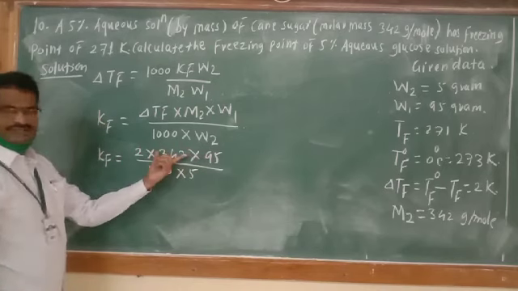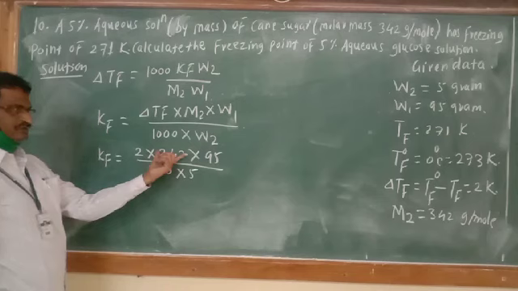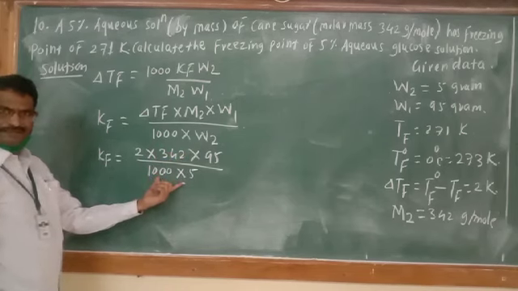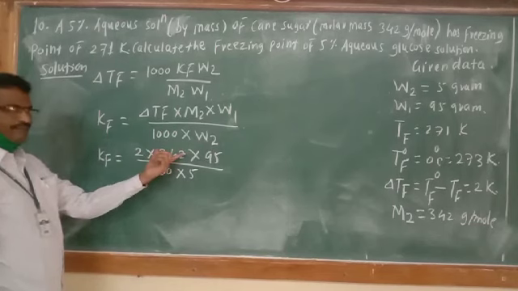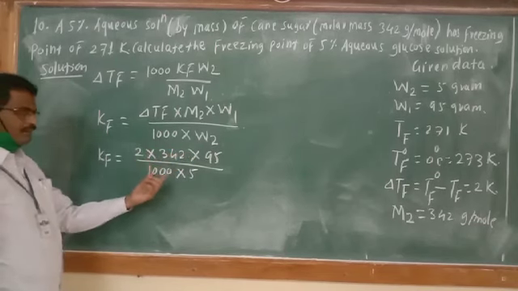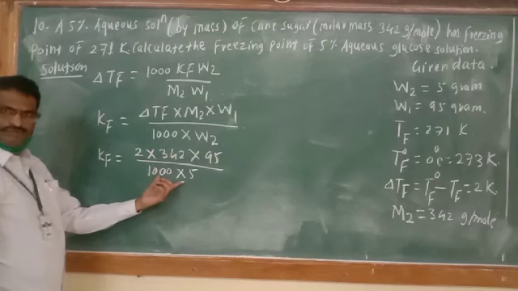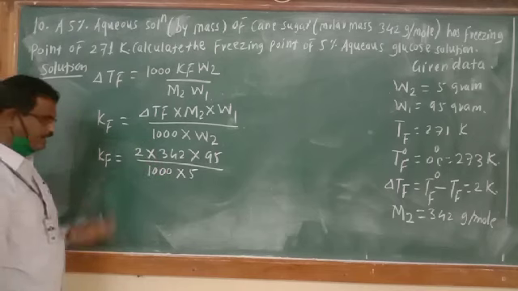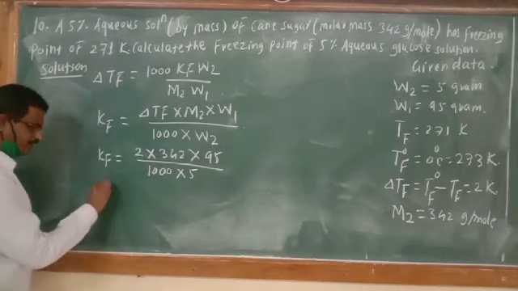Again, see the log of these three terms, then the log of these two terms separately. Addition of the log of the three terms minus the log of these two terms, then see the antilog, and you will get a certain answer. So what is that answer? Let us see over here.